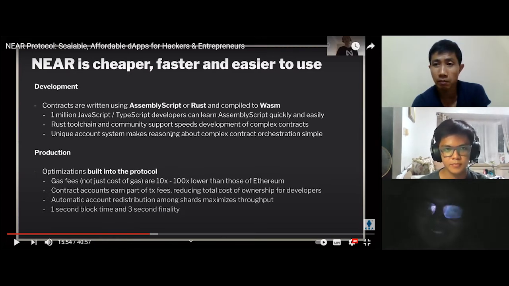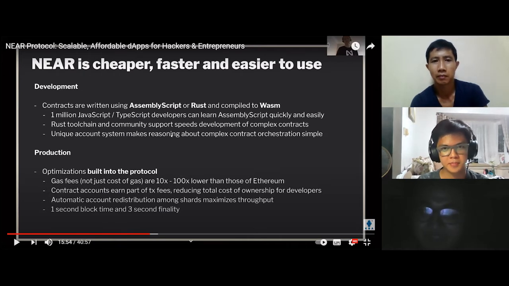Andy says that Near is way better nga. Cheaper na siya, faster, tas easy. While Ethereum, it is not very affordable for most of the users, and gas fees is the most common problem ngayon sa mga crypto users dahil instead that you need to withdraw your funds, you need to hold it na lang dahil it's not very affordable, especially if you are a small time trader na lang.